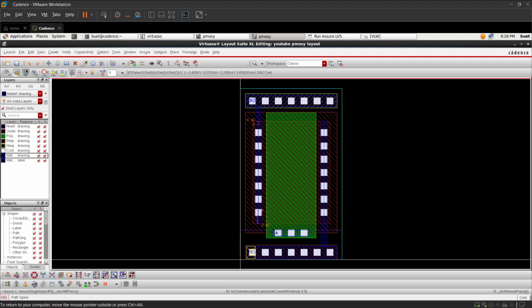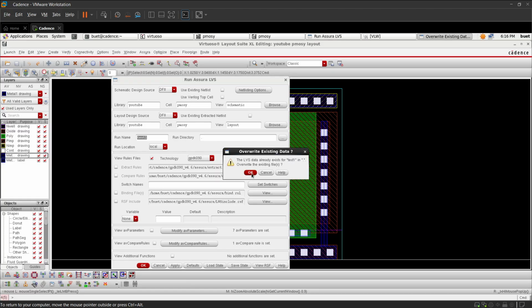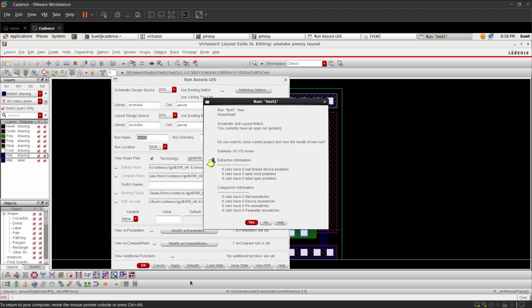Next thing you are going to save and run the LVS. Run LVS, apply. Yeah, it has passed LVS and DRC. So this is the window we have seen. It is showing 0 cells have 0 mismatches. It means our schematic and